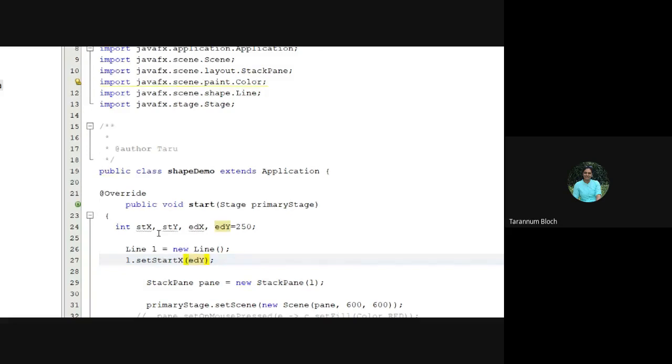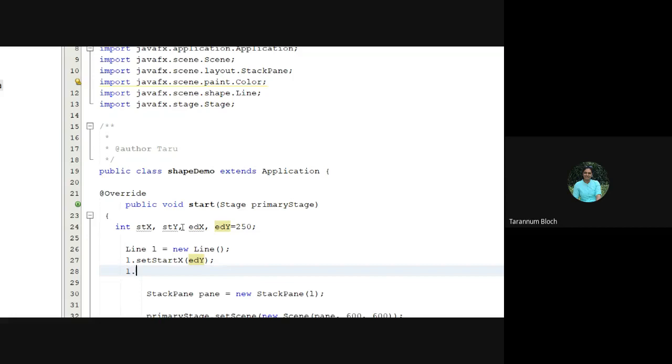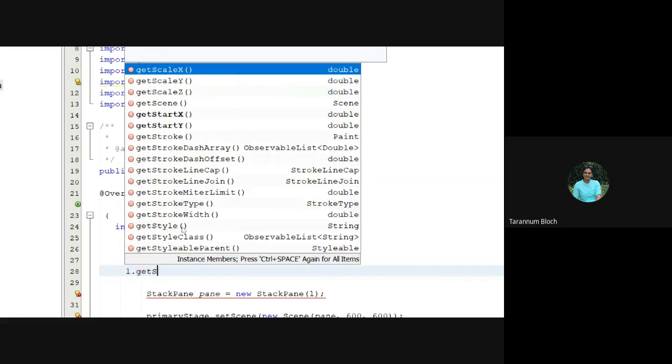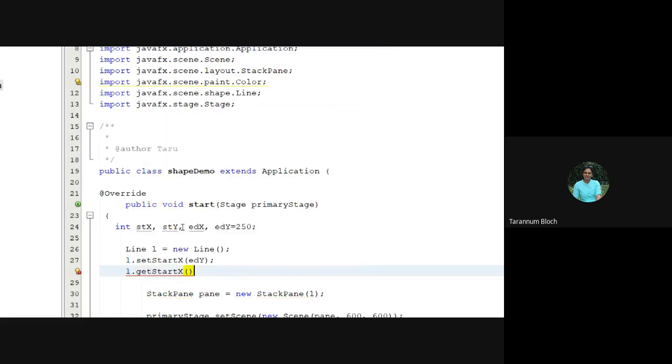Is it clear? Once I have given the value, and if I want to read the value, I can go with the get method. So the get method will give me a double value for the end x.